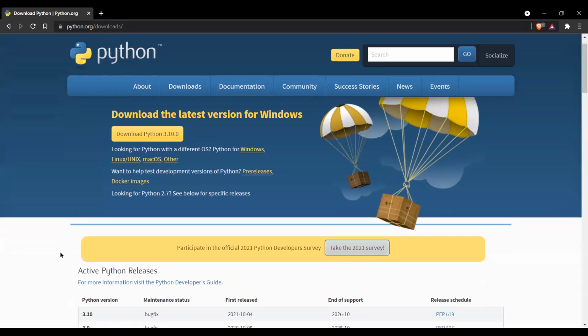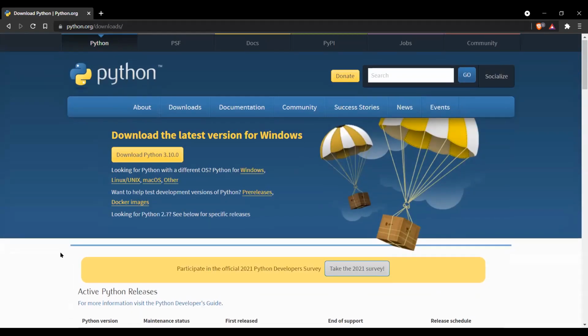So here is the link. It's an easy process. When you click on download, you will get the exe file, and opening the exe file, you'll get the steps. It's better to select the checkbox which says it will set up the environment path for Python. You'll have the option to do that during setup, so please click on that checkbox before you move forward to the final installation.